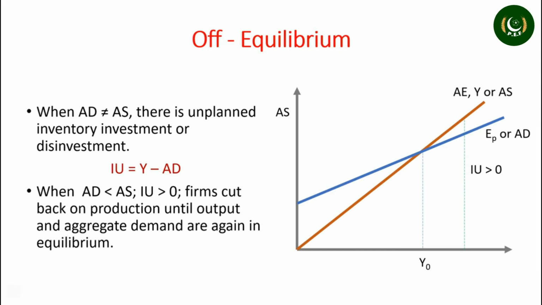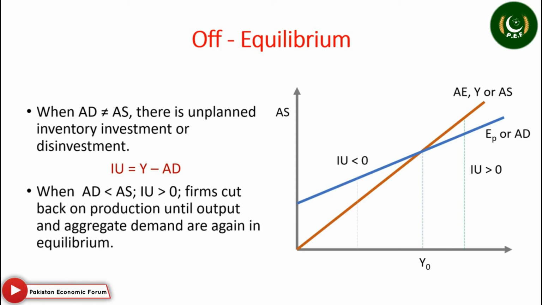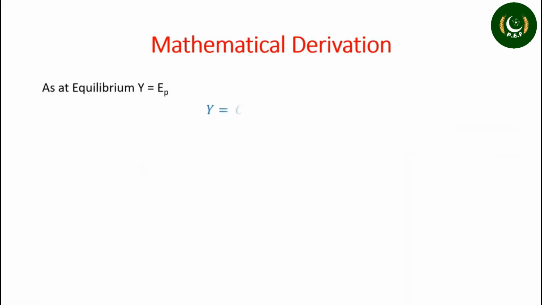Firms cut back on their production until output and aggregate demand are again in equilibrium. The mathematical derivation of equilibrium level of national income can be seen as